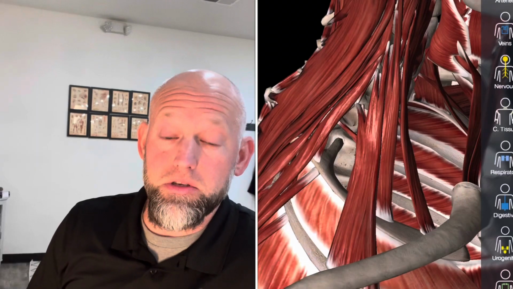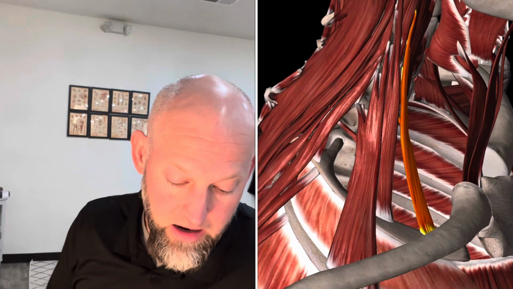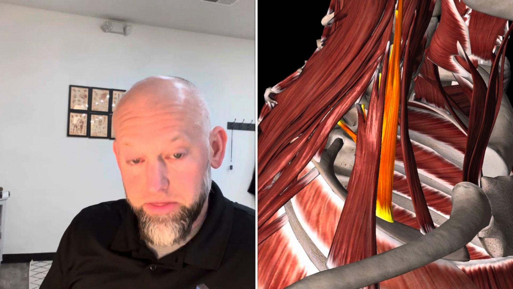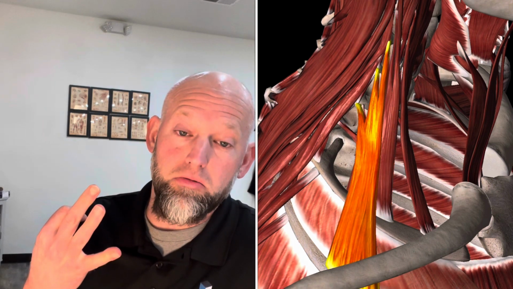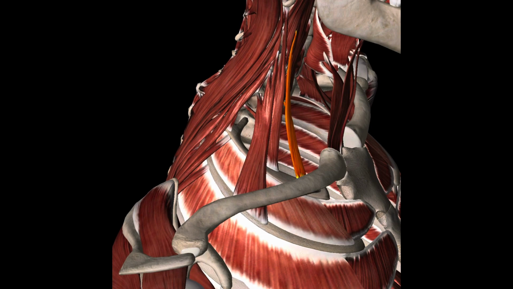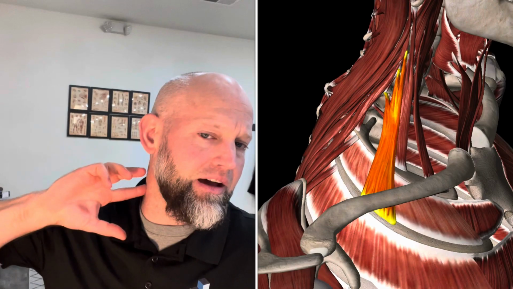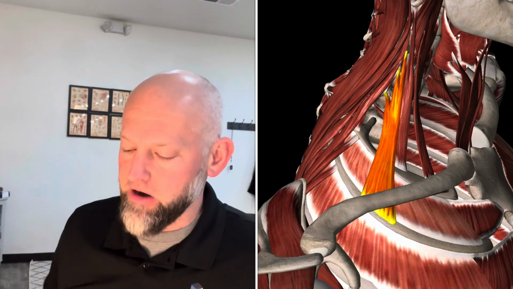We're going to talk about the scalene muscle group first. So, we'll spin around to the side on the model here. There are 3 different muscles that make up the scalene muscle group. So you got the anterior scalene, the middle scalene, and the posterior scalene. Now the first 2, the anterior and the middle, are going to come down and attach onto our first rib. And then the posterior is going to come down a little bit further onto the second rib. And then you can see how they come up and attach in various places in the